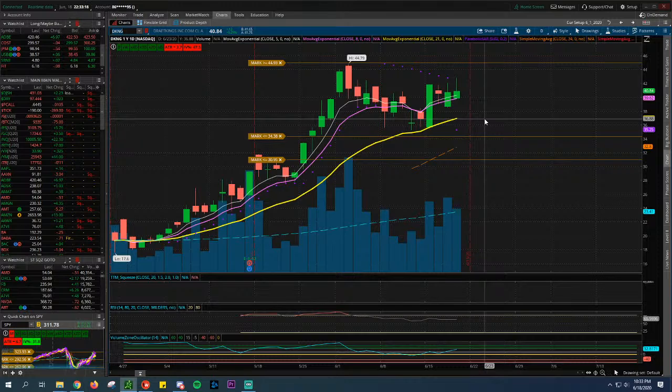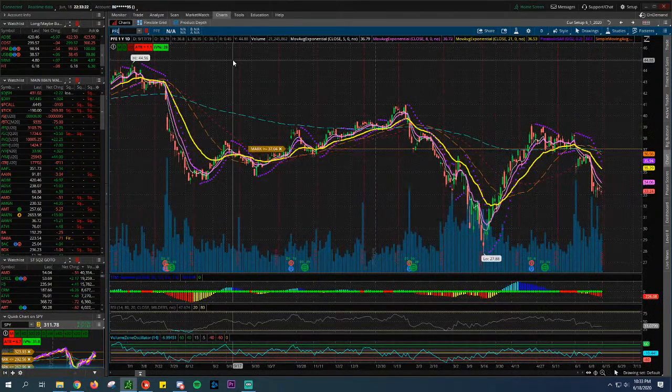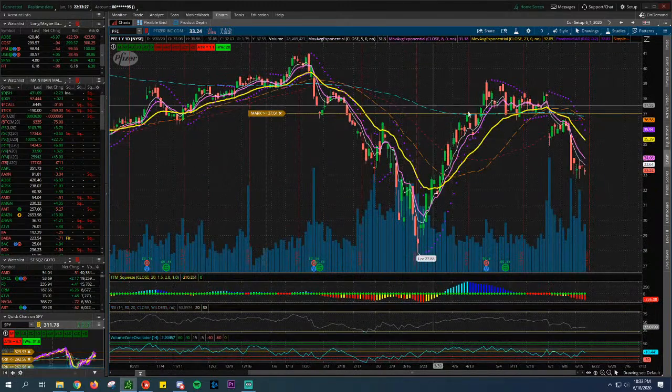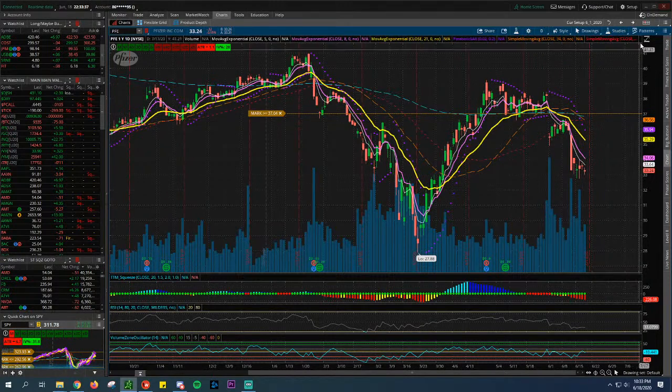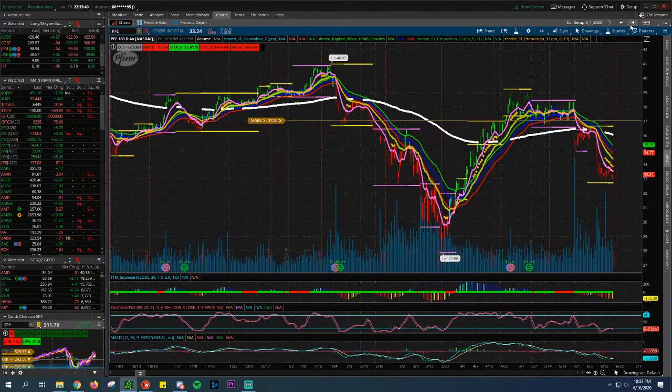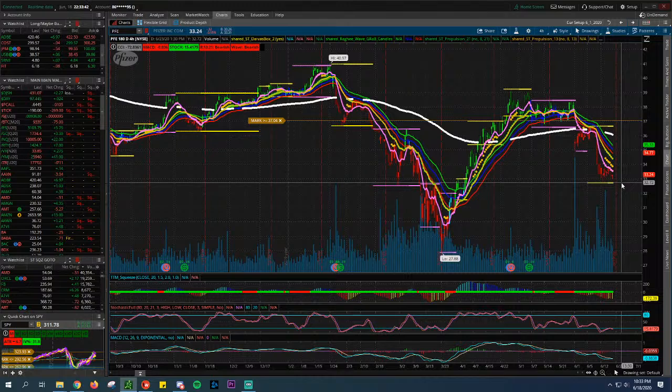Let's look at PFE. Is that Pfizer? Yeah, that's just not looking too shabby. This is just, because the 5 and 8 have crossed through, it failed through the 34, it's failed through the 50. It's kind of just falling here. I kind of want to pull up on this chart. So short-term support's going to be around 32, potentially some more support around 31, and then